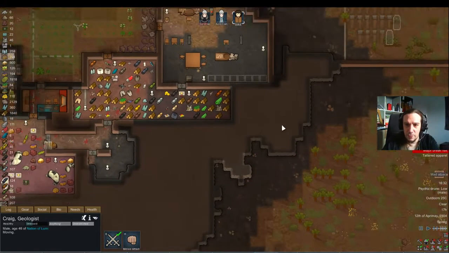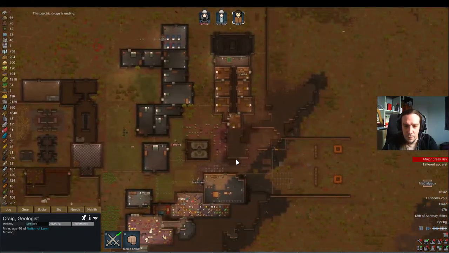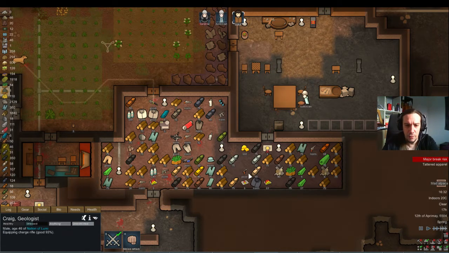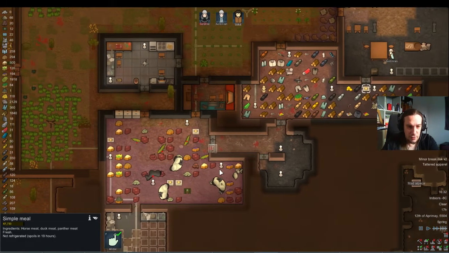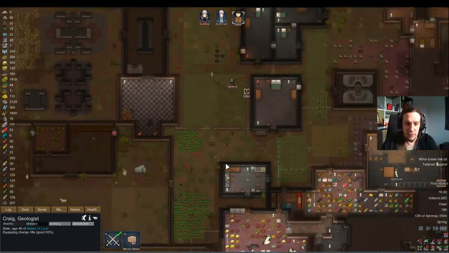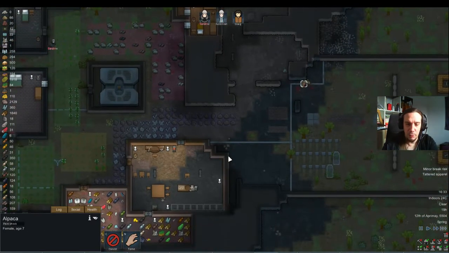So, there's the mad alpaca. Is it getting nailed down? It's getting nailed down. Okay, where's this, cool... Oh no, I have the charge rifle, okay. I have another assault rifle. And why is this simple meal forbidden? Questions. Okay. I just want Craig to be able to fend off enemies on his own. Okay. Mad Alpaca will bleed out pretty soon, so...